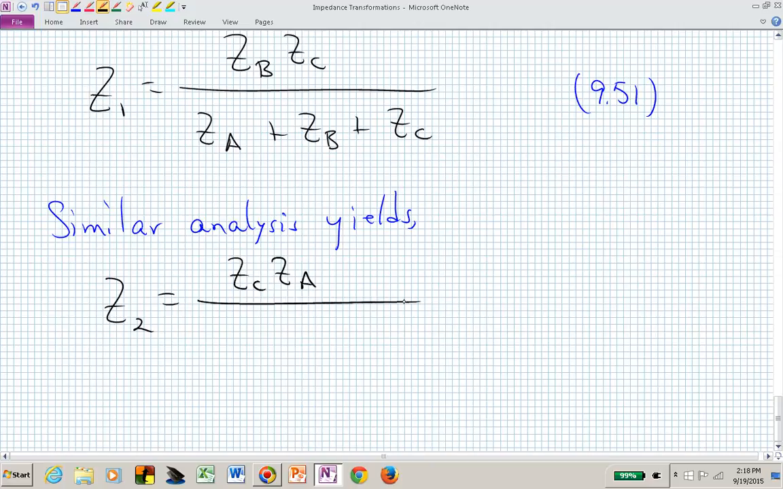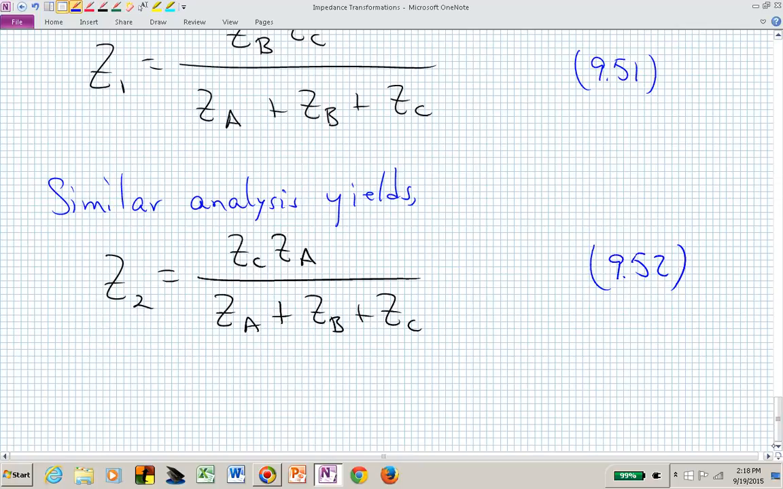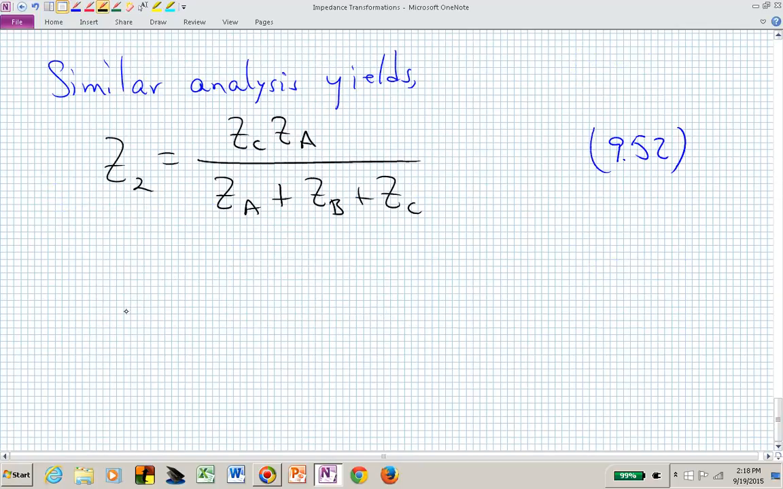I had the pairwise product of C and A's impedance because those two touch terminal B. Then I have Z sub A plus Z sub B plus Z sub C, and the Y impedance Z sub 2 likewise touches terminal B, and this is equation 52. If we do the same observation with the Z sub 3,